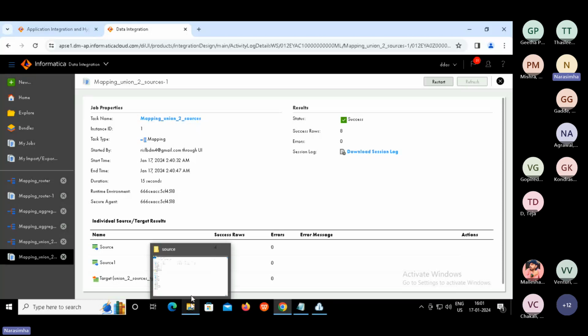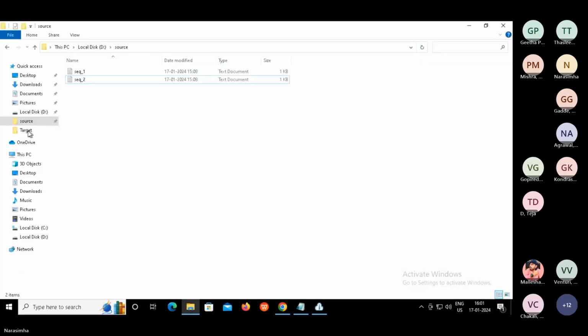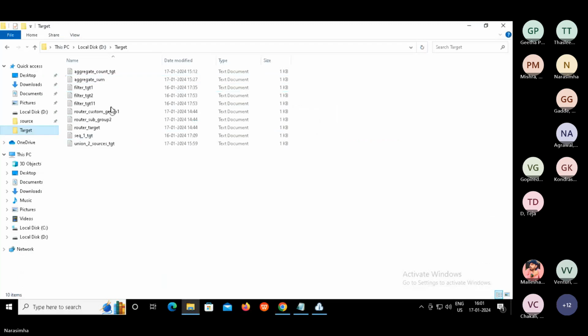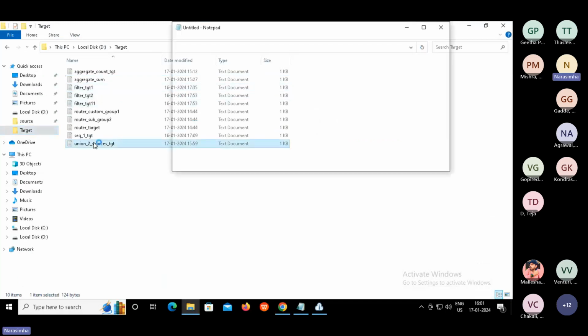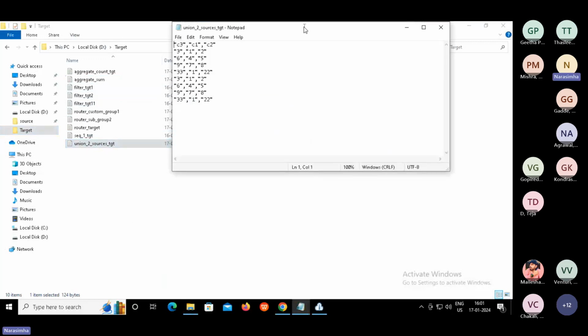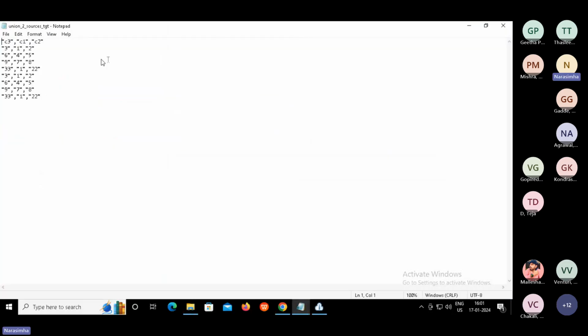So now let's go to the target, and we need to look at the union result. Open this file. Can you see, guys, here? So C1, C2, C3. C3 has come first, then followed by C1, C2. That doesn't matter.